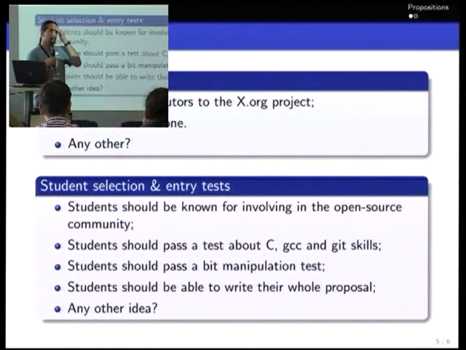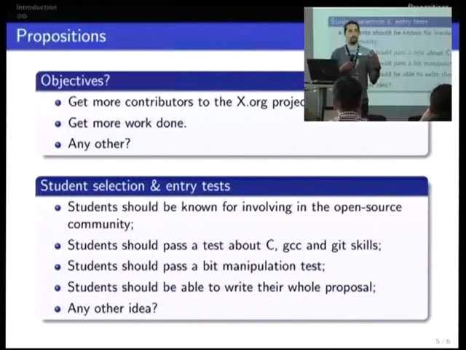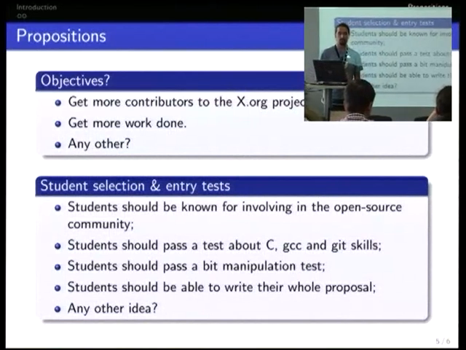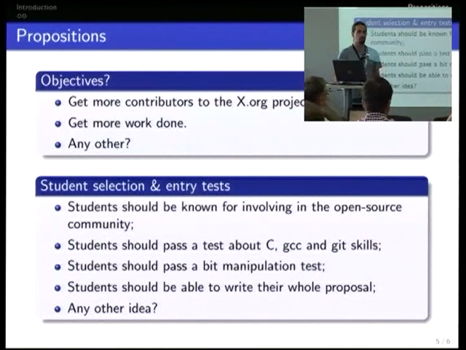For this year's EVoC, the selection and entry tests were all done by the mentor. It was up to him to choose his students. So I think it would be important to have a common rule to help both the mentor know what should be asked of the students, and the student to know if they are capable of doing the EVoC or not. So it's good to have self-assessment for the students.